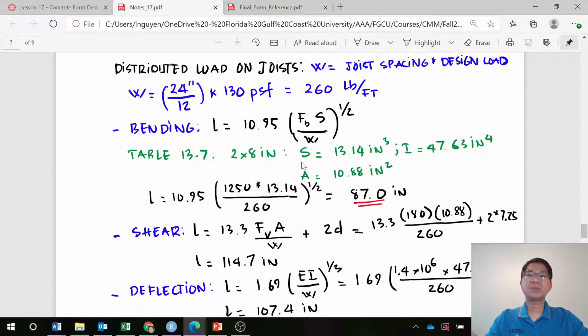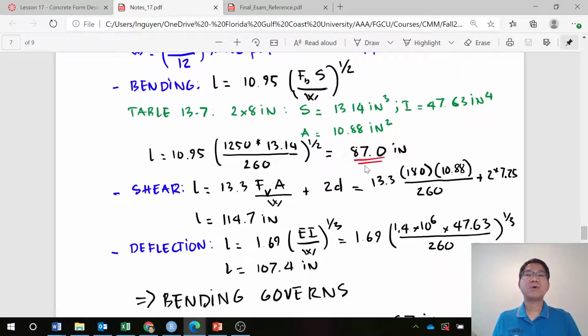You can find, with the 2 by 8 inch nominal size of the joist, the section modulus, area moment of inertia, and of course the section area. With that, we can plug back into the equation. So the spacing needed, if we maintain good bending that can stand the allowable stress for bending, the maximum spacing is